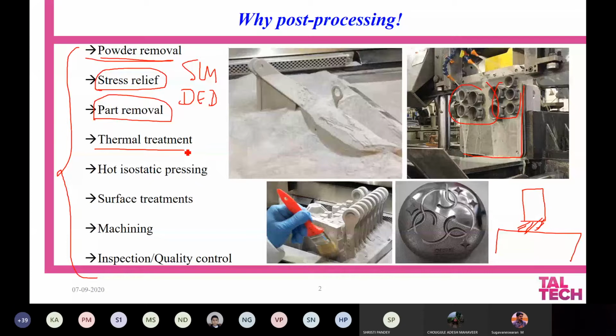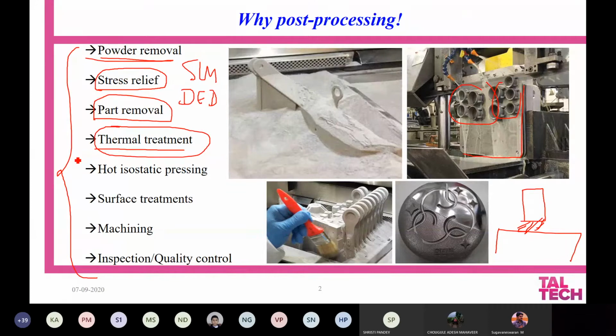The martensite is generally brittle, and hence in order to go with beta phase microstructure, you need to undergo some external thermal treatment. This is also valid not only for phase transformation, but also for improving the ductility or modifying the strength of the material.